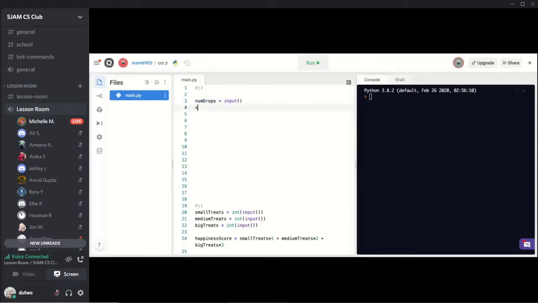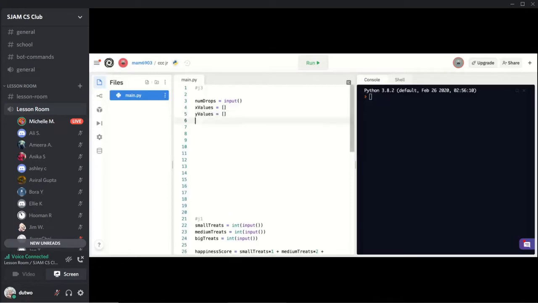So I have an x values array and a y values array, right? Then we're going to have to use a for loop for this because we know how many values they're going to give us. It's num drops, so we're going to say for i in num drops,